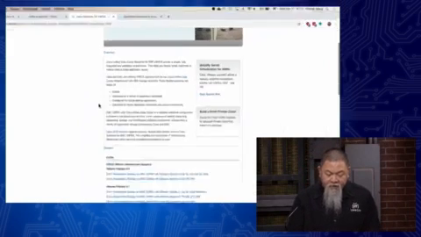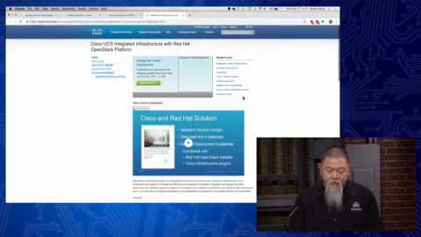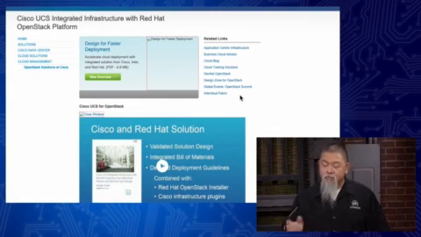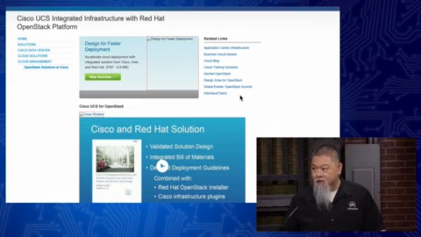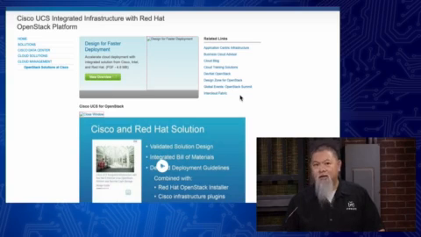All right, so our final one, this is probably the hardest one for what we're actually talking about. The reason why is that it's hard to find information, because the exam objectives itself doesn't call it this. So go figure. The exam itself just lists something that they call open block. You can do a search for it with your favorite browser, and you'll see everything doesn't lead you to the term open block. What leads you to is Cisco UCS integrated infrastructure with Red Hat OpenStack platform, because that's exactly the same thing.